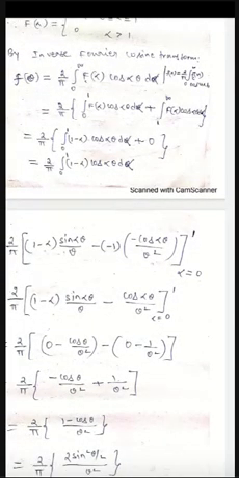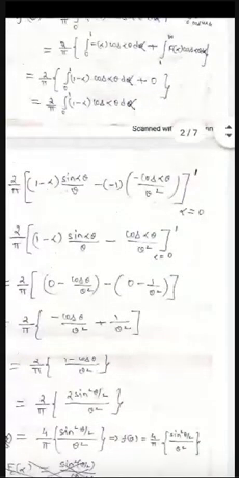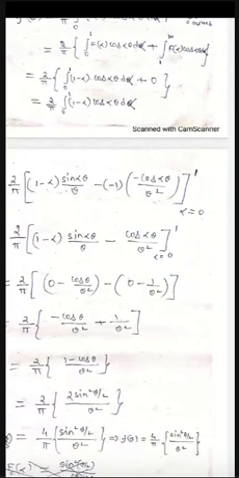Okay, upper limit if you substitute: 1 minus 1 is 0, 0 into anything is 0, minus cos, alpha value you are substituting 1, cos theta by theta square, minus lower limit. In the place of alpha you have to put 0: 1 minus 0 is 1, 1 into sin 0 is 0, minus cos 0 is 1, 1 by theta square. So hence we got minus cos theta by theta square plus 1 by theta square, so you will get 1 minus cos theta by theta square.